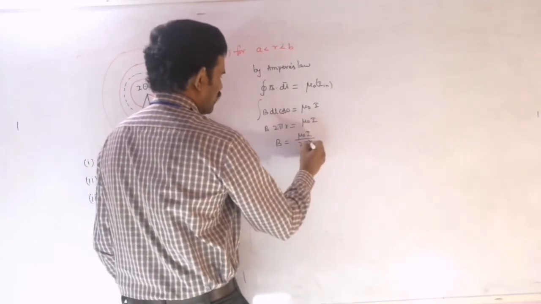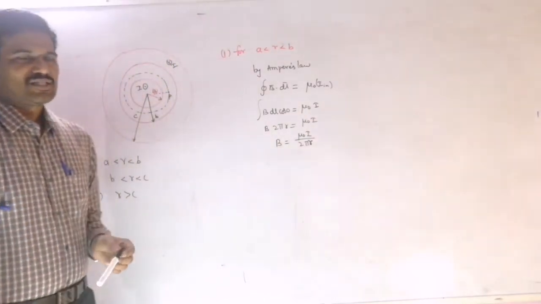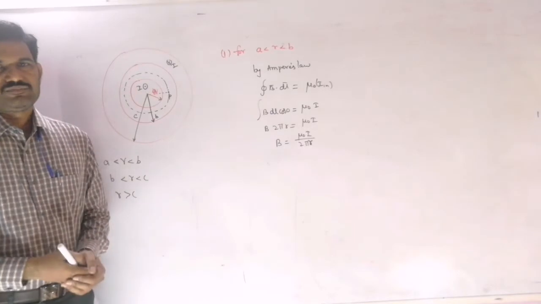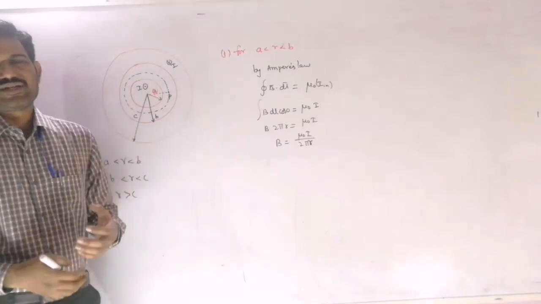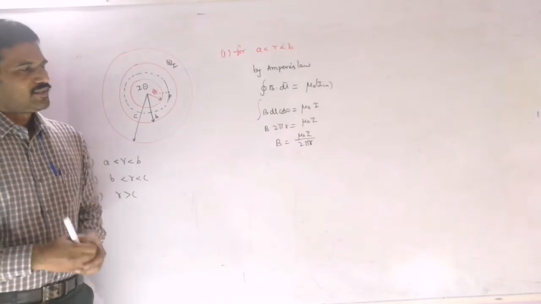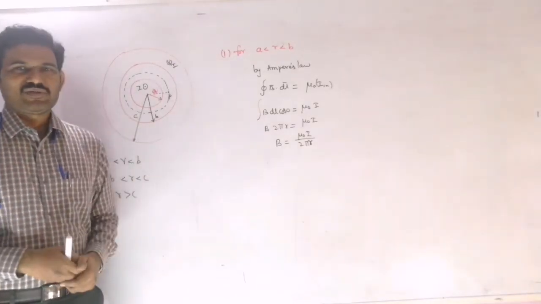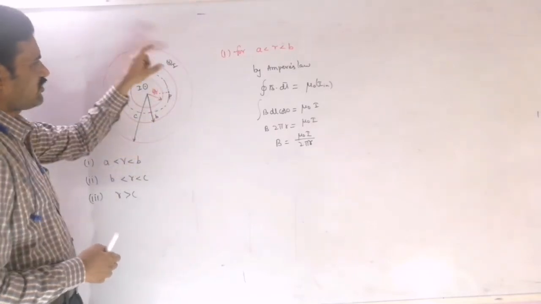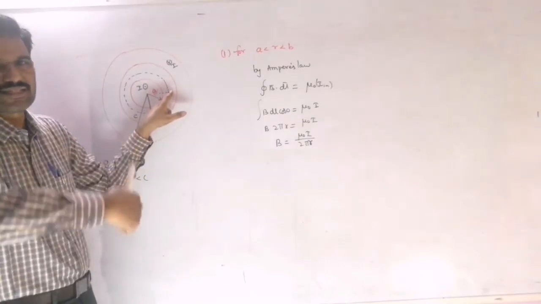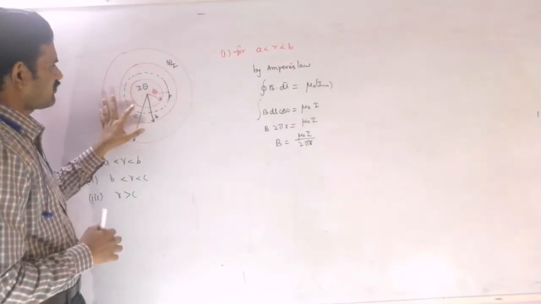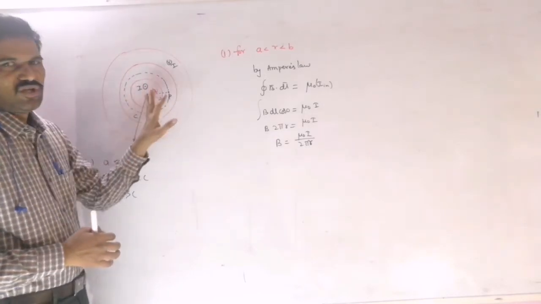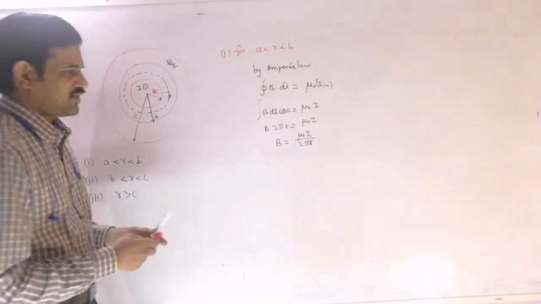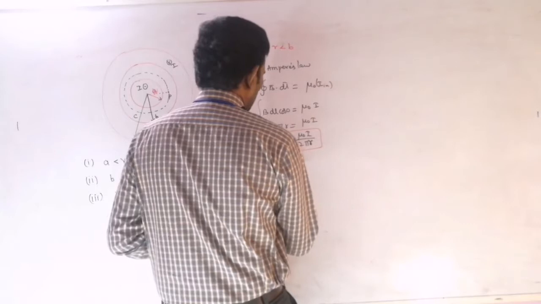Which you can write directly also. If you want to write it directly, we know already the magnetic field inside the pipe is 0. If current is flowing through a hollow cylindrical shell or hollow cylindrical pipe, then the magnetic field at any point inside the pipe will be 0, right? So with that concept you can directly say that the magnetic field due to this cylindrical shell will be 0 for this point, because point P lies inside it. At point P the only magnetic field is produced by the solid conductor. That's an infinite solid conductor, so you can write that magnetic field as mu naught I by 2 pi r. So directly also you can write this equation here.